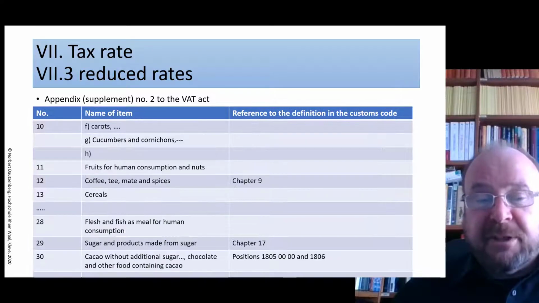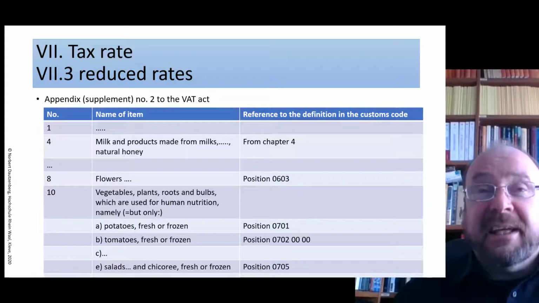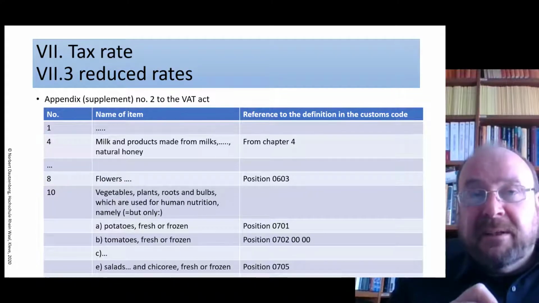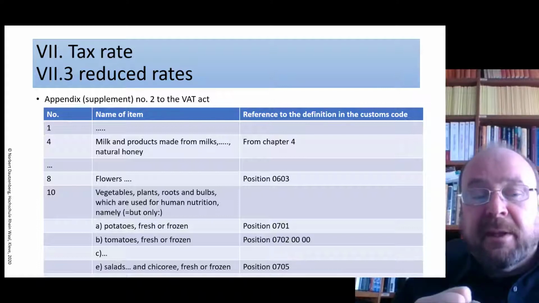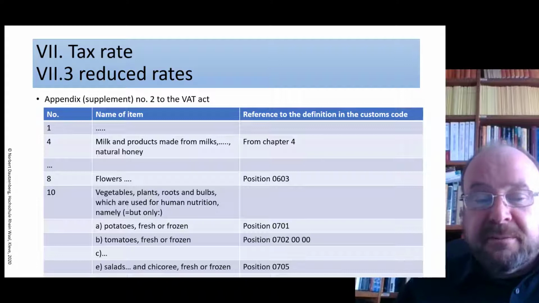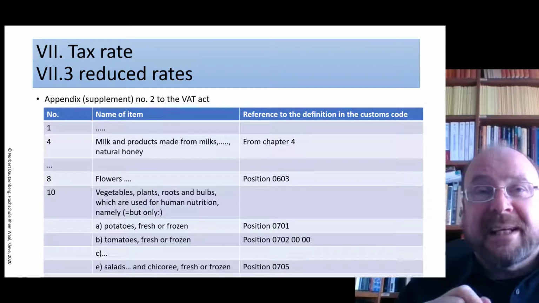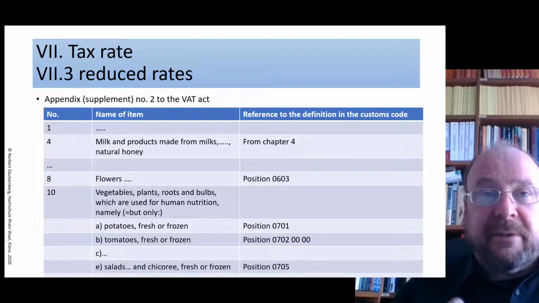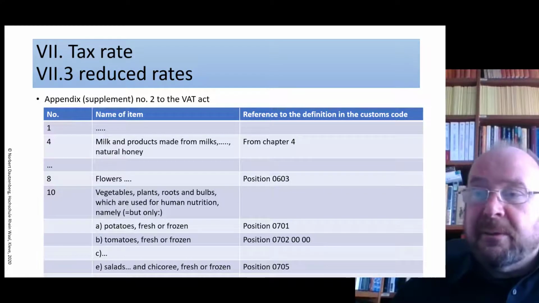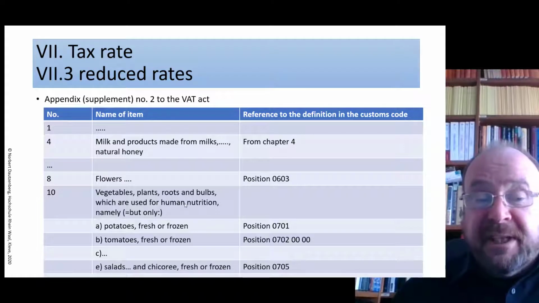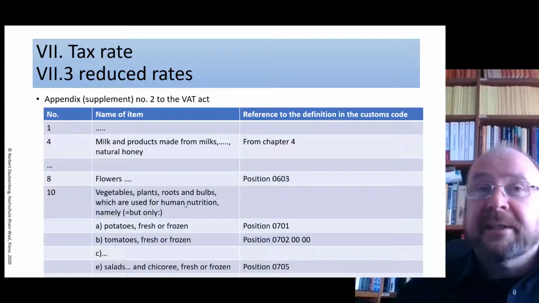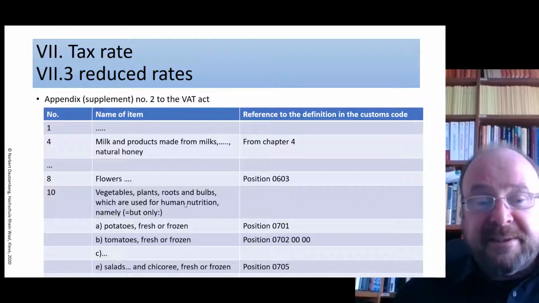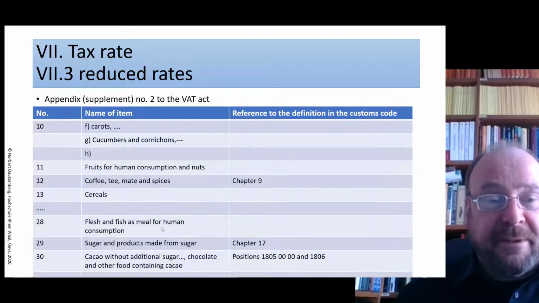Flowers, vegetables, but namely, so if they say namely, that means only the ones which we now name. So if you sell vegetables which are not named under one of the letters in the following list, standard rate. Namely means only those which I name now. Potatoes, tomatoes. So when you hear tomatoes or potatoes in the case, you should immediately get a shock and say this is a 7% thing. Salad, 7%, something which I always forget. Carrots,